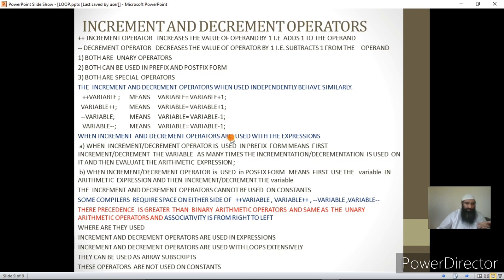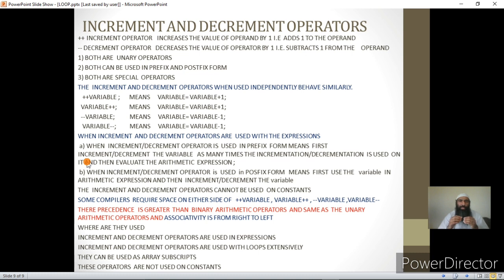When the increment and decrement operator is used in prefix form, first it increments or decrements the contents of the variable as many times as the incrementation or decrementation is used on it, and then after that evaluation of the expression takes place with the new value that the variable has.